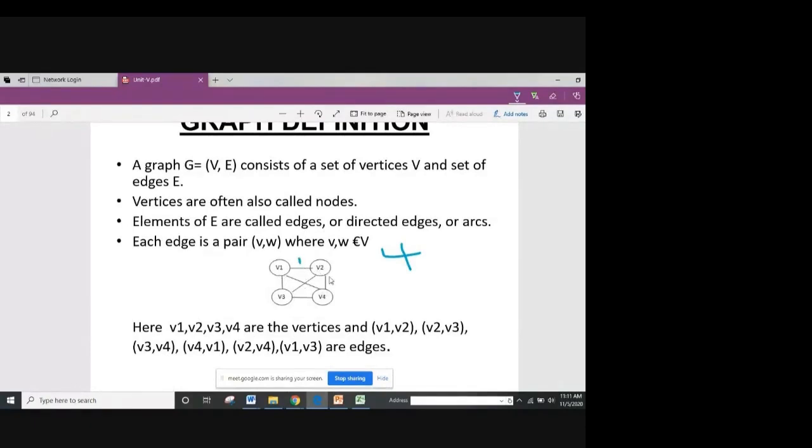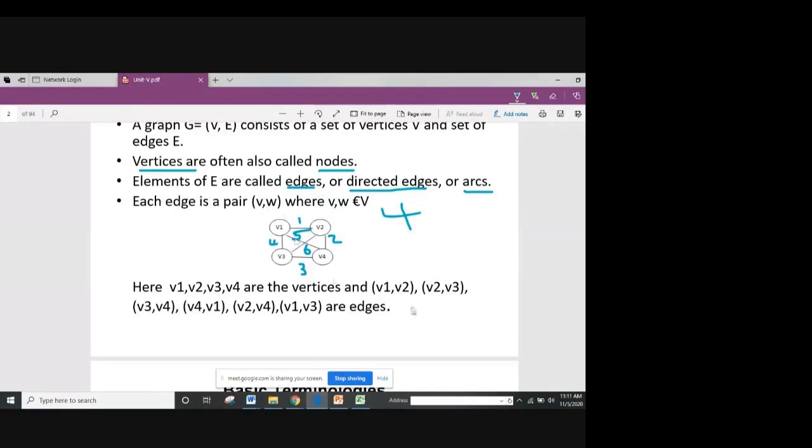So edges 1, 2, 3, 4. Then this cross edge, so 5, and this one, so 6. There are 6 edges over here. So first you should know what is called vertex, what is called edge. Vertices we will also tell as nodes. Edges are elements of E. Edges can also be called directed edges, or also called an arc. So in this graph there are 4 vertices V1, V2, V3, V4, and the remaining all are